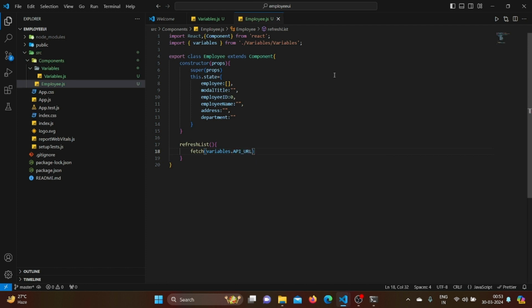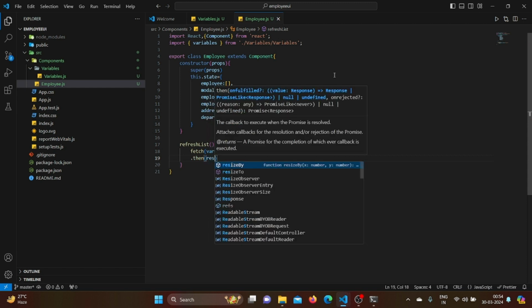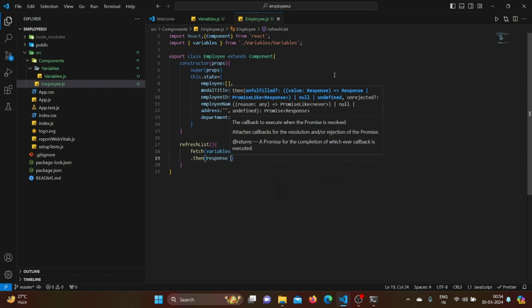We'll pass the API URL from the variables, and then we will concatenate it with our employee. After that, we'll pass a then, and within the then clause we'll pass the parameter of response,